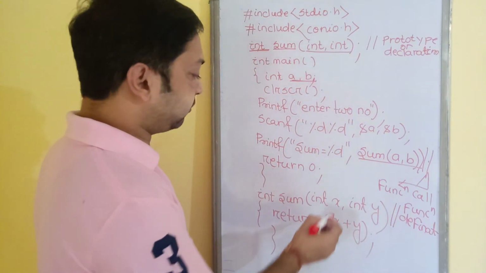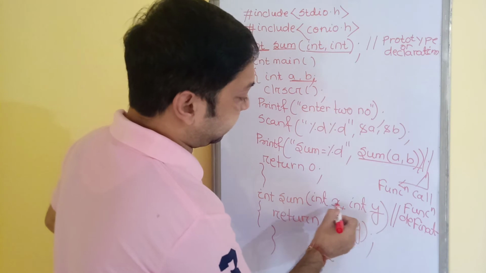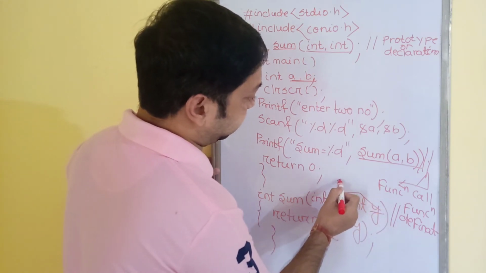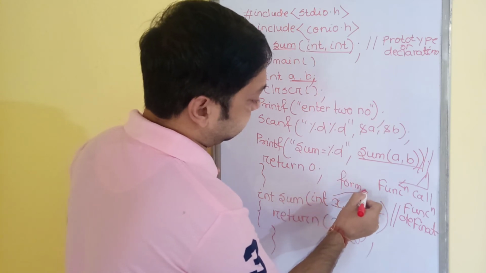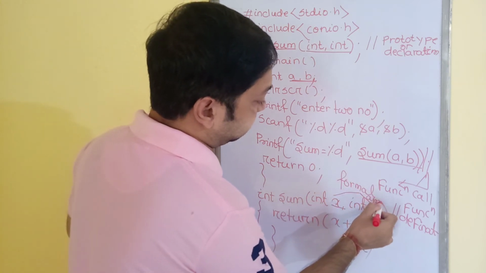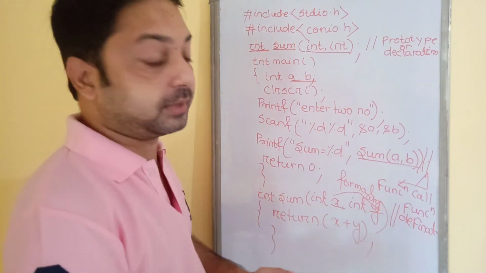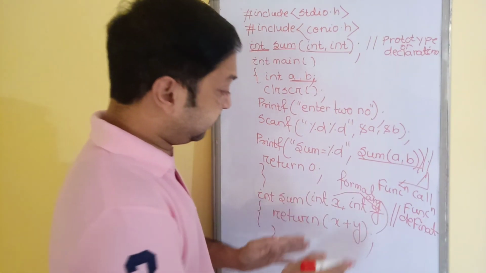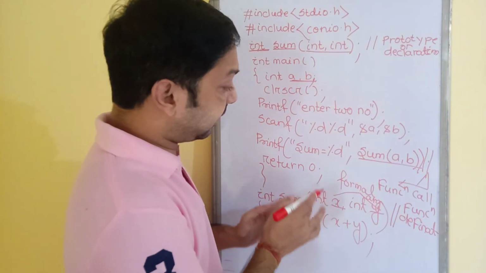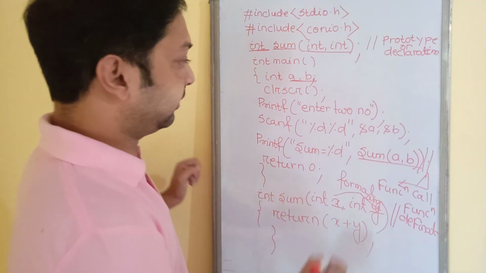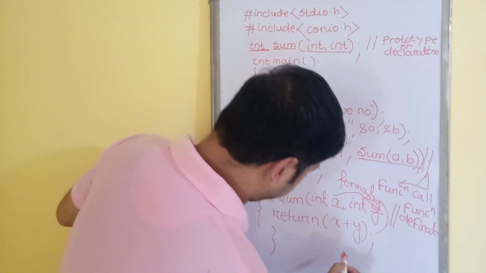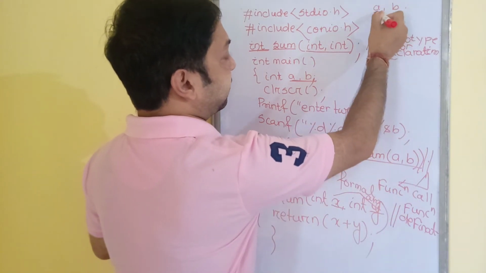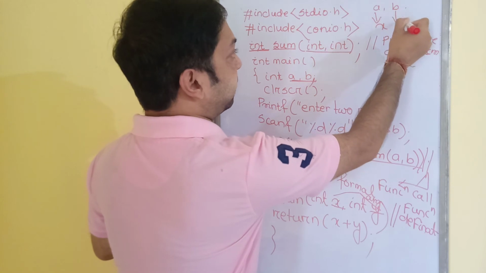Okay. Now in this case we are taking two different arguments, so x and y. So this x and y is here known as your formal argument. So this is known as formal argument or dummy argument because this value is not actually going to be used. So what is the use of this formal argument? The formal argument is only used to contain a copy of your actual argument. So in the above case your a and b are the actual arguments, and the copy will be stored in the x and y for that particular operation.